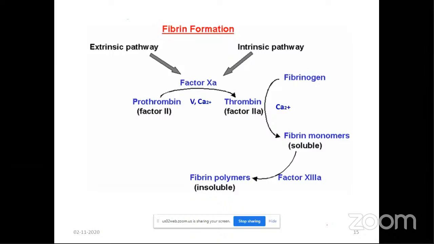But there are 3 to 4 major steps which occur in the clotting cascade, and that result in the formation of the fibrin network. So the very first step: in our blood are present certain plasma proteins. You know, there are 3 types of plasma proteins. The first is albumin, smallest but largest in number. Then you have globulins, and lastly you have the clotting protein, which is called fibrinogen. And there is another very important clotting protein present in our plasma, which is prothrombin.